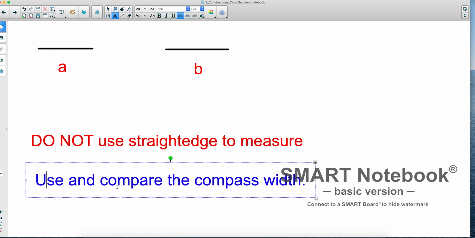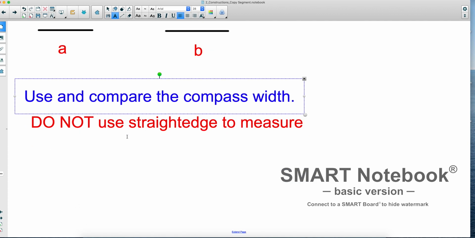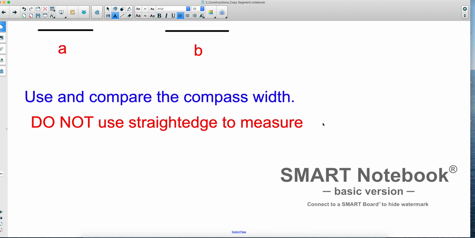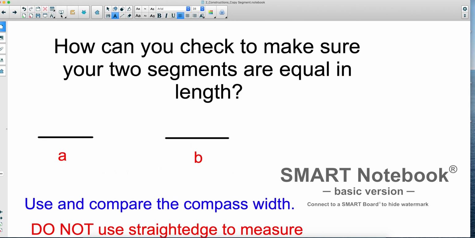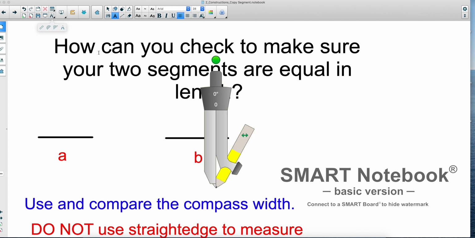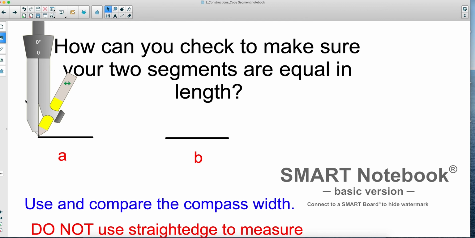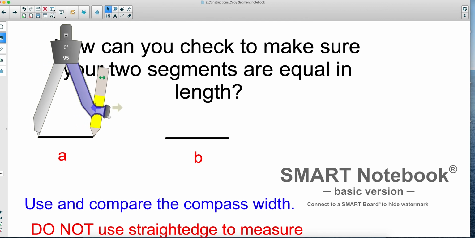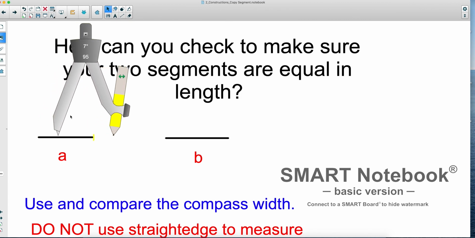And this is what I mean. I'm going to go up here to the segment that I labeled A. I'm going to take my compass and I'm going to go from this endpoint here to this point here. I'm going to swing a tiny arc. Okay, so that's how long this segment A is over here. When I come over here,